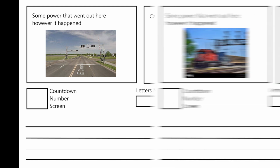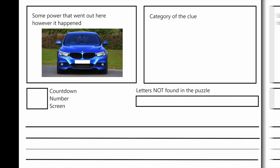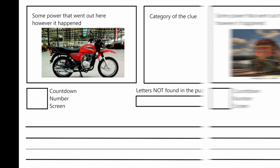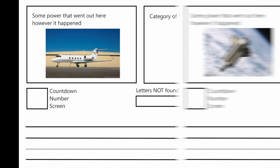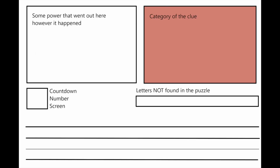15. Pedestrian signals, 16. School zone signs, 17. Railroad crossings, 18. Railroad signal towers, 19. Road vehicles, 20. Mopeds, 21. Train engines, 22. Marine vehicles, 23. Flying vehicles, 24. Spaceships. You have the category of the clue so that it'll tell you whether it's a phrase